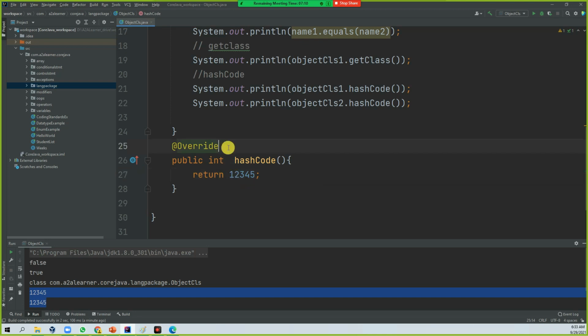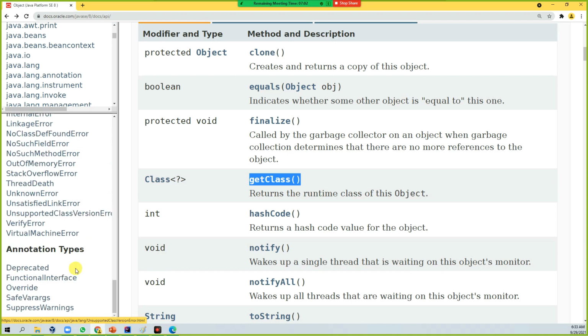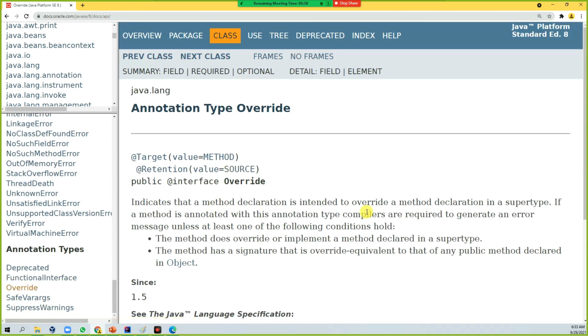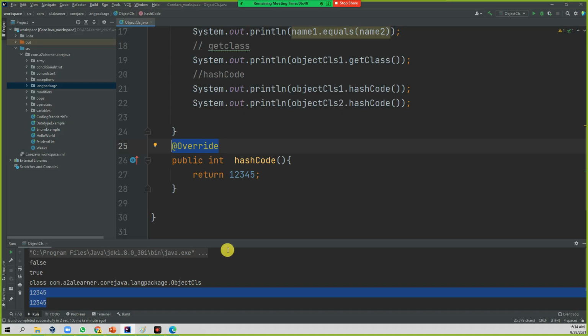The second thing is that here I use the Override annotation. This Override annotation is already part of the lang package. If you see the annotations, there is one called Override. It is mainly for superclass methods: if you want to use a superclass method in your child class, you should use Override.